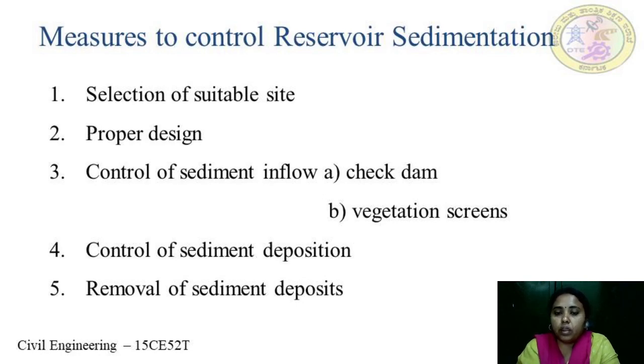water. And next is removal of sediment deposits. Sometimes these sediments are removed by loosening and then scouring them through the sluices. Sluice gates near the dam may also be used for flushing out the sediments, and sediment sluice gates are sometimes used for flushing purposes also. And also sometimes sediments are removed by ordinary earth moving machines, that is by dredging or mechanical excavation, but generally these are the most expensive methods.